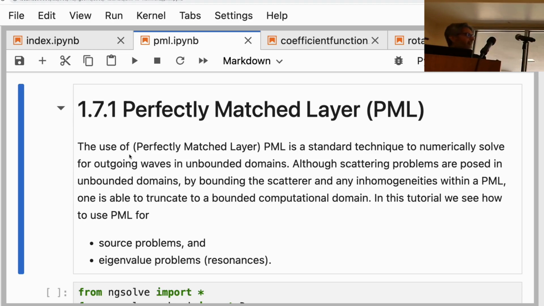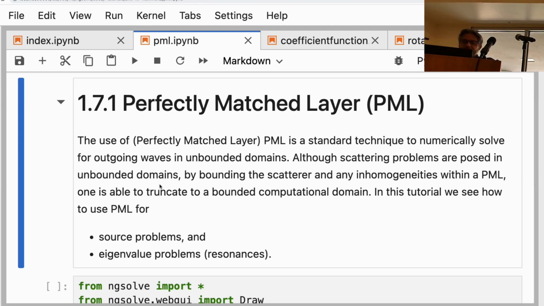Okay, here is a subsection continuing the discussion on waves, especially waves that propagate in an unbounded region. We cannot compute in an unbounded region, so we need to truncate the domain. And in order to truncate the domain without creating artificial reflections, the perfectly matched layer is a great technique for doing that. So in this tutorial, we're going to see perfectly matched layer used for source problems and for eigenvalue